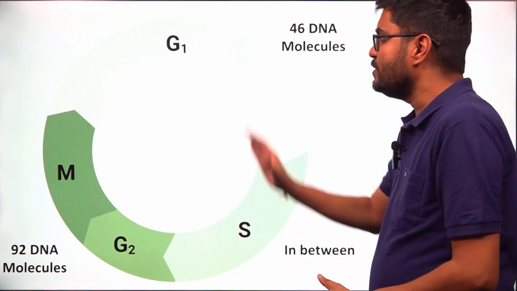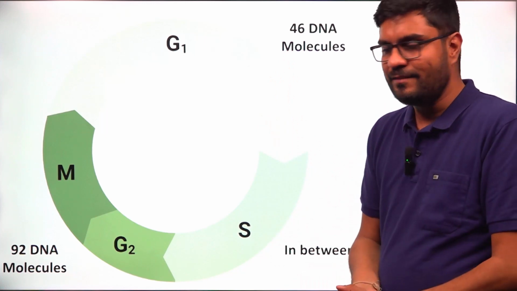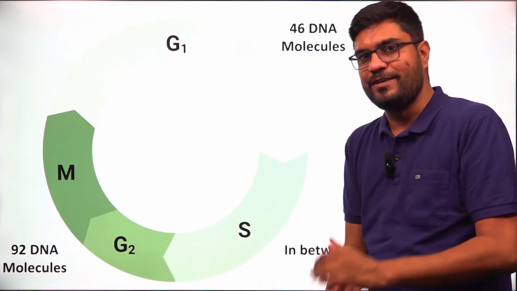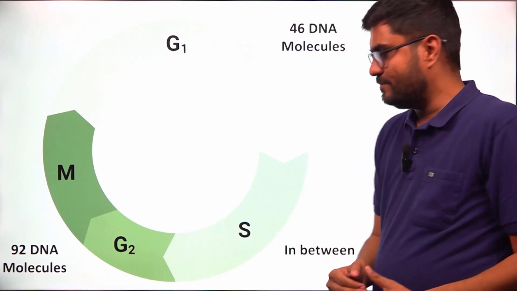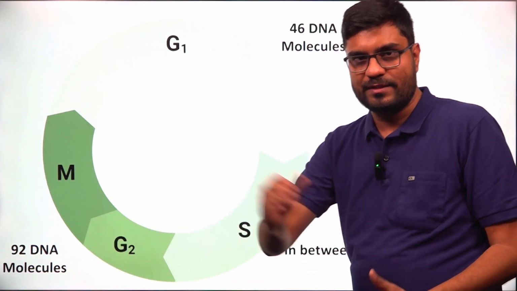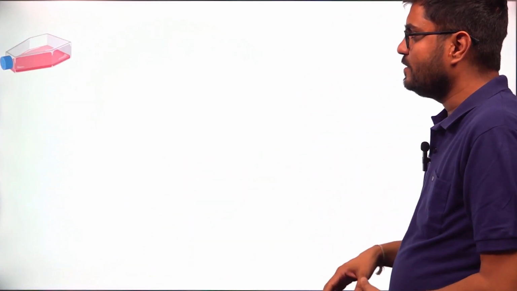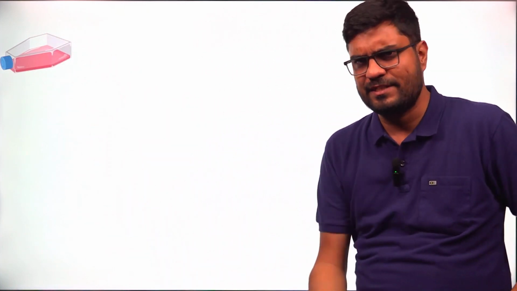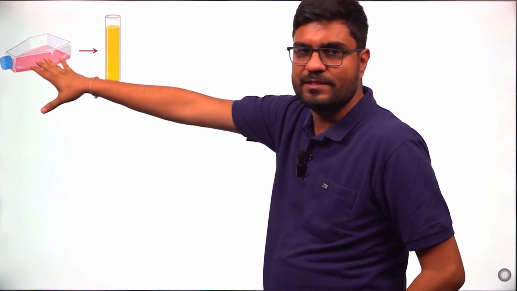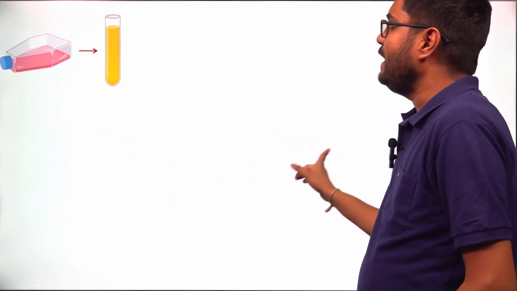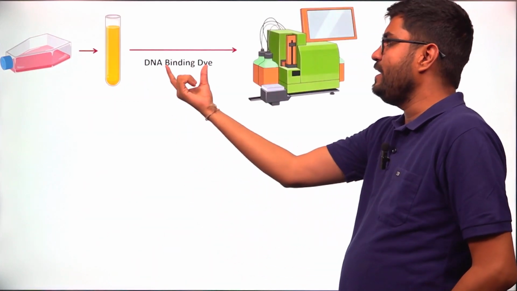But till now, G1 has X amount of DNA, G2 has 2X amount of DNA, and in S the DNA amount is between X and 2X. So let's start the experiment. If I take out the cells from a culture flask, a population of cells, let's say I am taking 5 million cells, then I prepare a single cell suspension from this flask, and in this single cell suspension I am putting a DNA binding dye,